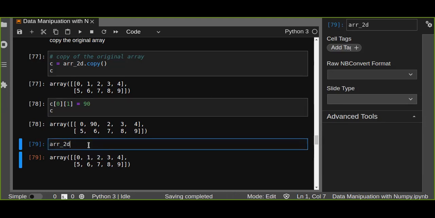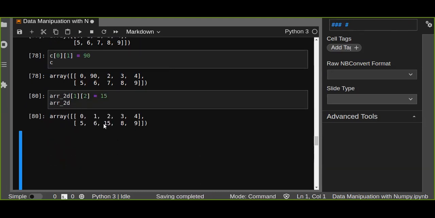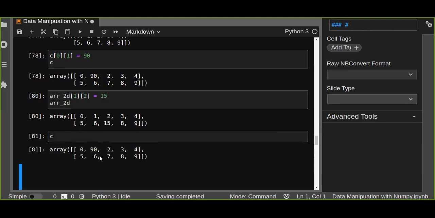For example, if you make changes to the original array, at index 1, 2, for example, 50. And let's run 2D. Now at row index 1 and column index 2 is changed by 50. And when you run the copy of the original array, it doesn't affect that copy because the copy is already